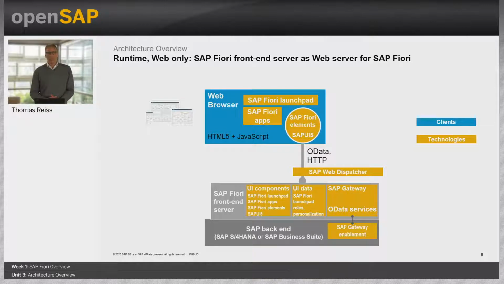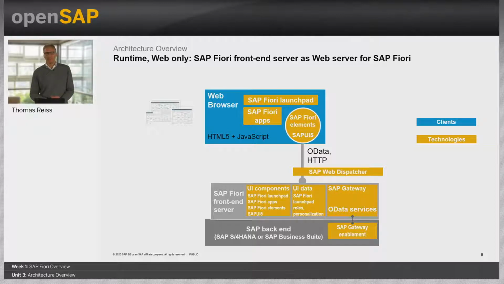As you can see at the top, the Fiori Launchpad and Fiori apps are built with SAP UI5 and Fiori Elements, frameworks based on HTML5 and JavaScript. When a user starts the Fiori Launchpad, the browser loads the various UI components and libraries from the front-end server. These then read UI data from the front-end server to understand which roles the user has and how the user has personalized their user experience, i.e. Launchpad personalization, but also personalization of each of their apps. Finally, the Launchpad and the Fiori apps access the backend using OData services provided by SAP Gateway, a component included